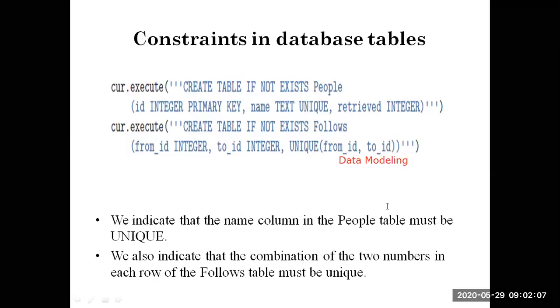Here we indicate that the name column in the people table must be unique, and also we indicate the combination of two numbers. Each row of the follows table should be unique. That is, from ID and to ID should be unique throughout my program, so that I can avoid constraints like